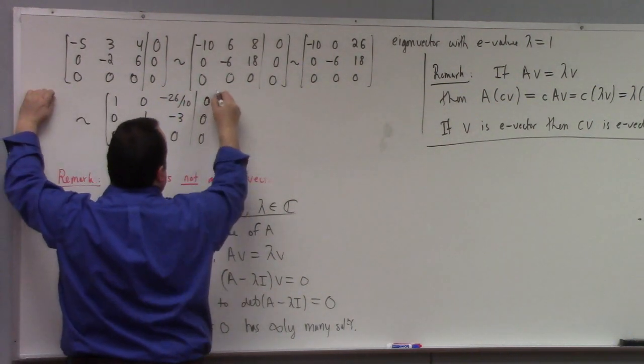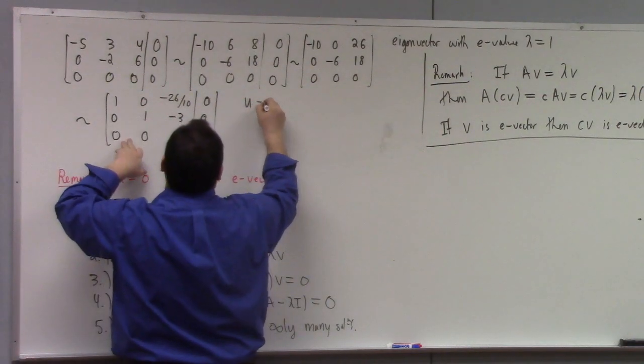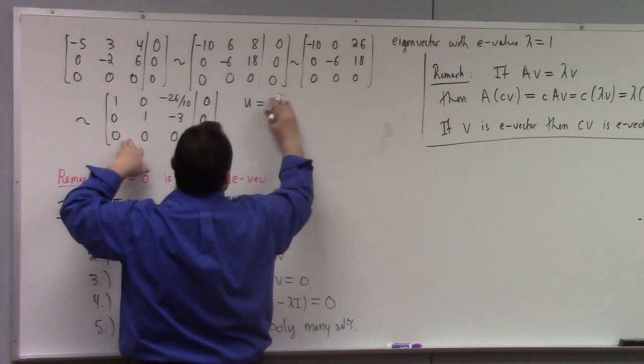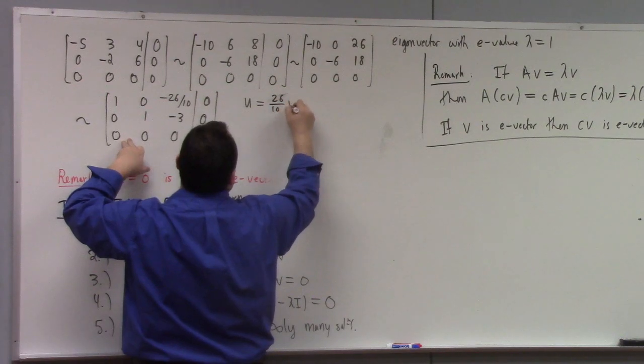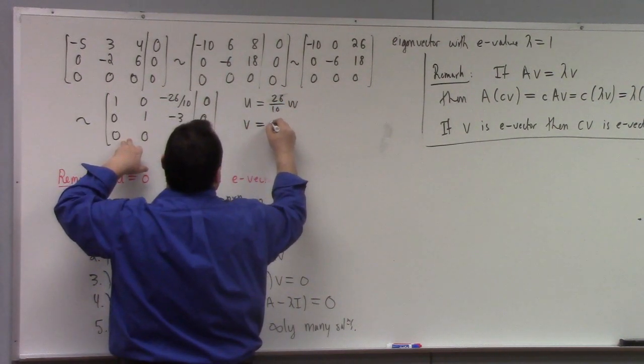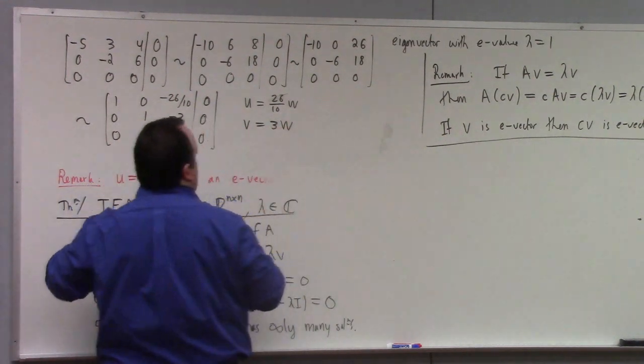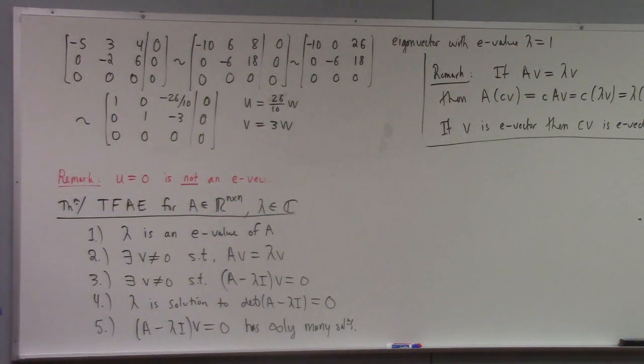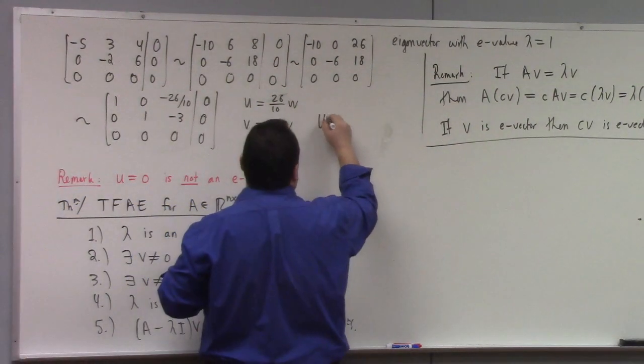Right? So what's that tell me? That tells me that u is equal to 26 over 10 w, and that tells me that v is equal to 3w. And so that tells me that the generic form of u3 is,